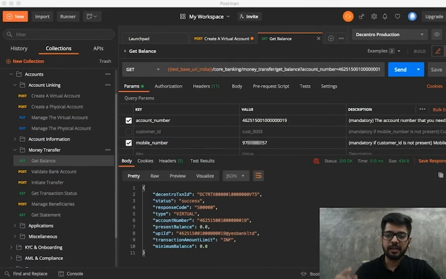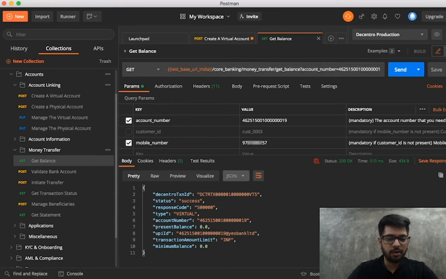I transferred money to the virtual account that I just created using PhonePe through the UPI mechanism, and I transferred 10 rupees. Now, if I go back to the same get balance API and trigger the API again, ideally we should have that 10 rupees coming into the account and reflecting in the new balance. So now we're going to check for the latest balance of the account.